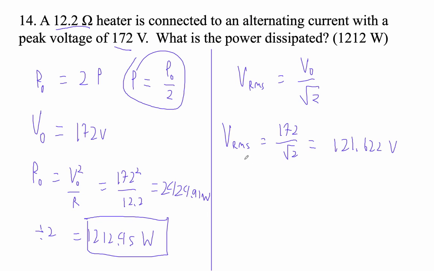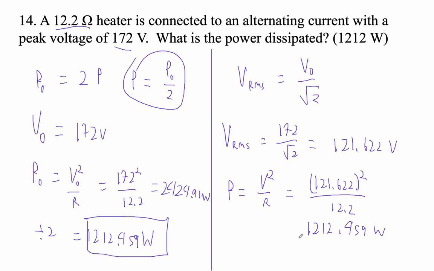Okay, so that's my RMS, and now I can just find the actual power using VRMS, V squared over R. So this gives you the actual power if it's the RMS power. So that's 121.622 squared divided by 12.2. So I'm going to square that divided by, and I get exactly the same answer. It's 12.459